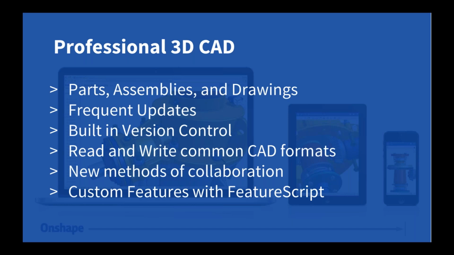Can you create sheet metal parts? And this ties into the question from earlier. Are there any limitations or restrictions? And the answer is yes, there are certain limitations, but they are primarily new functionality. Sheet metal is a good example. You cannot yet create a sheet metal part on a mobile device. That is something that we're working on, but that's an example of recent functionality that has not yet been released